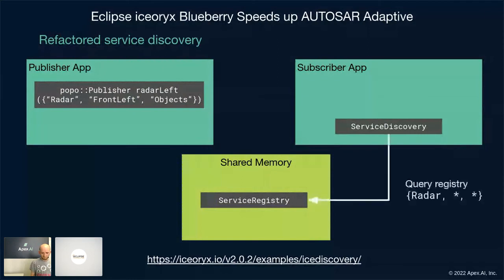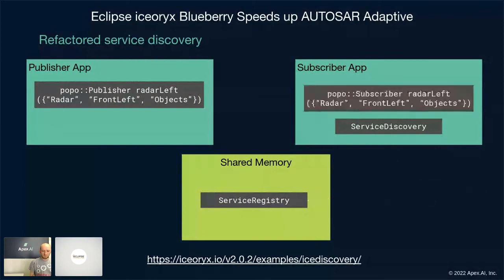We can query. And with querying, we can think about it like a super simple database query. And we can also use wildcards here. So for example, here, we're just querying for all the radar services. And then based on the search result, we can create our radar left subscriber and then actually receive this data